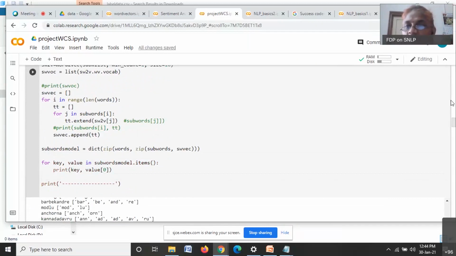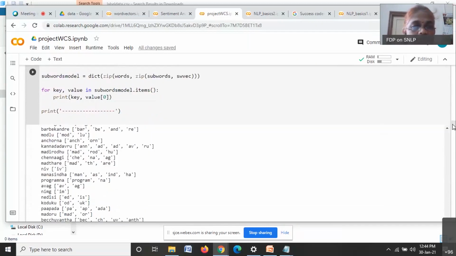Can you make out the subwords? See here, for example, we have Chennagi. These are the subwords. You can ask why other ones are not subwords.